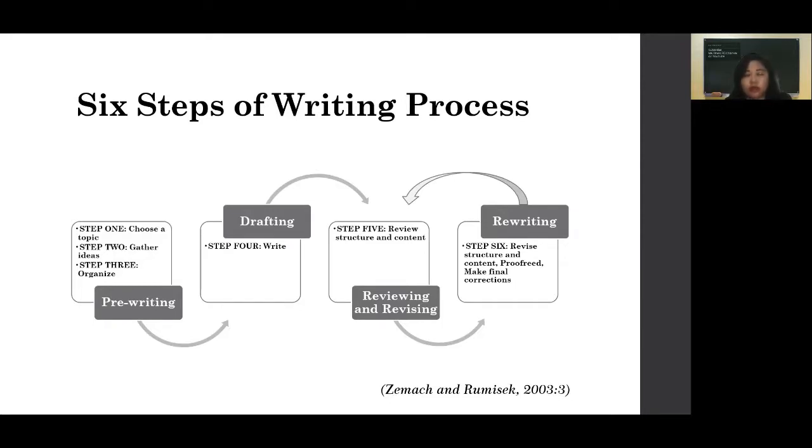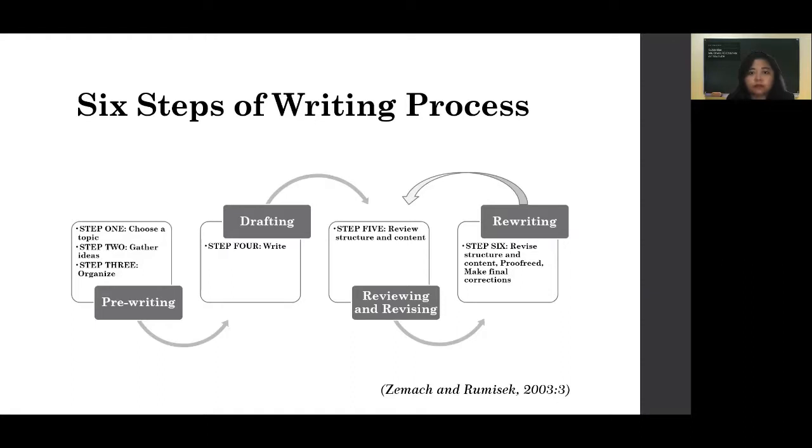This is also part of step 6. Proofread means that you reread once again the writing that you have revised previously. Maybe you still have a mistyped word, or a grammatical error, or maybe you still want to add something to your writing.